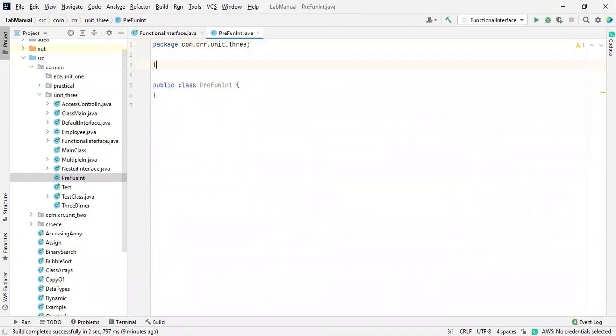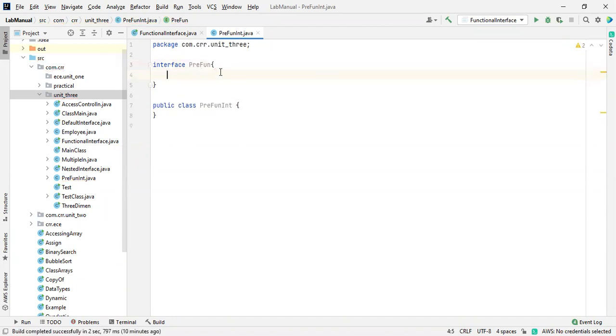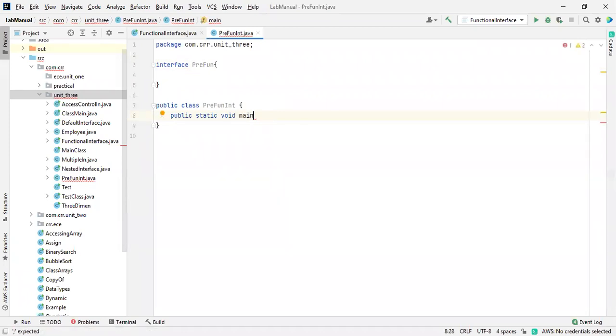So I'm going to create an interface as usual. It starts with the keyword interface and the name. Every time I'm searching for the name. Predicate functional interface. Yeah, I will take it as this. So I mentioned the name of the interface is this one. Okay, this is a class which consists of a main method, public static void main.